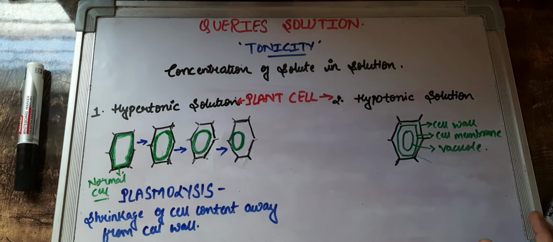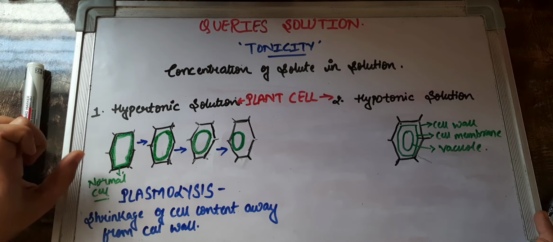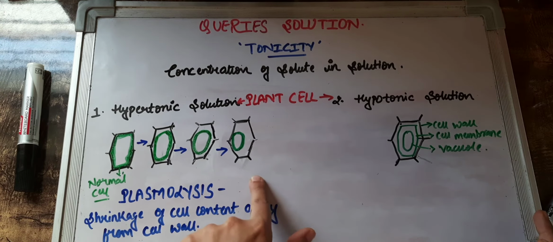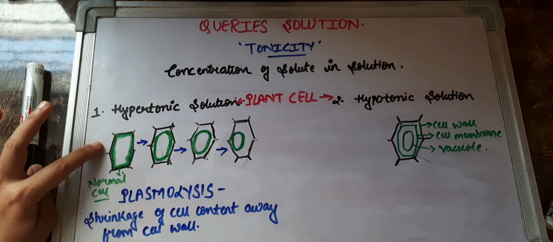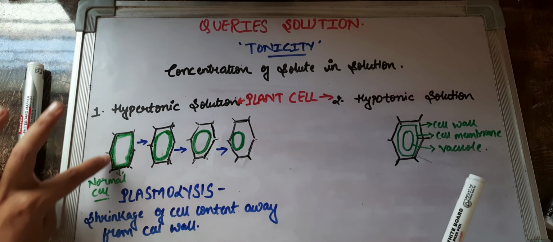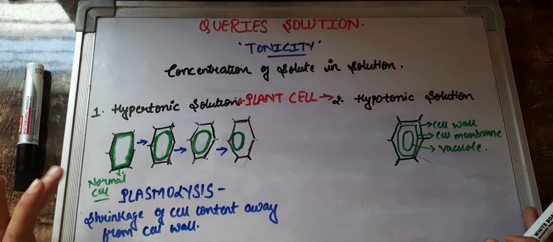As we have seen in the case of animal cell, what has happened? The cell has shrunk in size when we have kept them in hyper. But is a plant cell also going to shrink? So just observe this series of events that is mentioned. The outer black line that you can see is of the cell wall, and the inner contents are actually your cell membrane and then all the cell organelles the plant cell has.